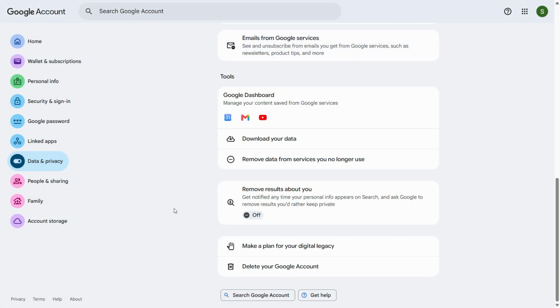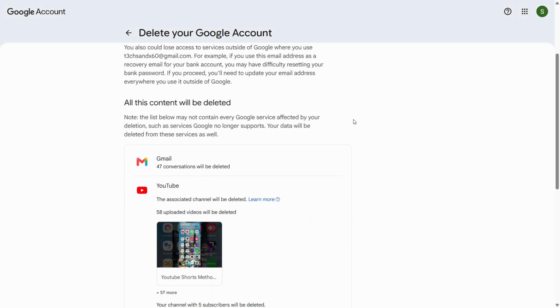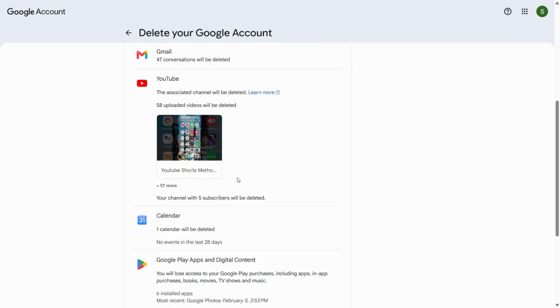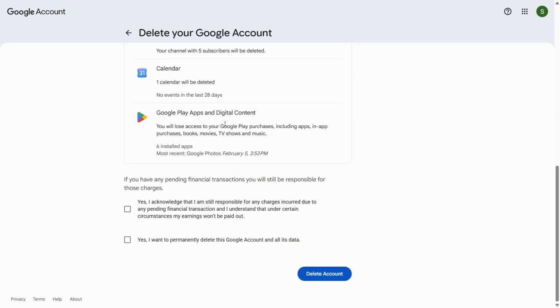So you scroll all the way down to the bottom where it says delete your Google account. You choose that. And here it says you have the option to download your data. You can download your data before deleting your account. So if you want to download it, you can go ahead and download it from here, and it will show you what content will be deleted. It says all this content will be deleted: your Gmail, your associated YouTube account, and the calendar, Google Play and